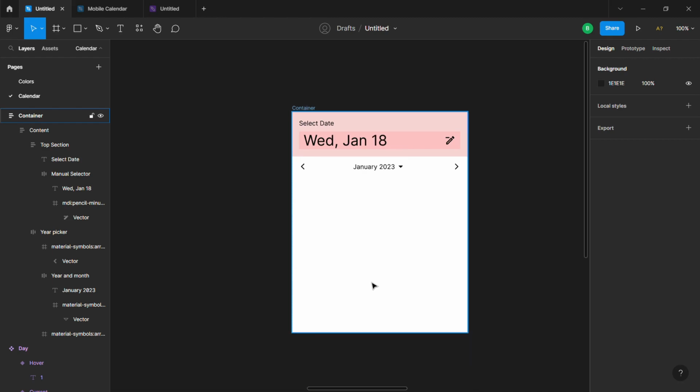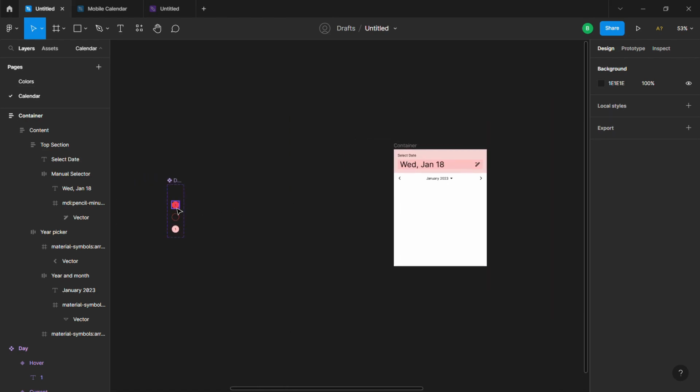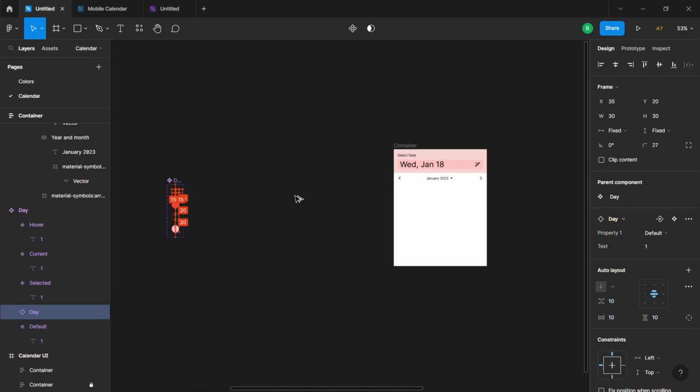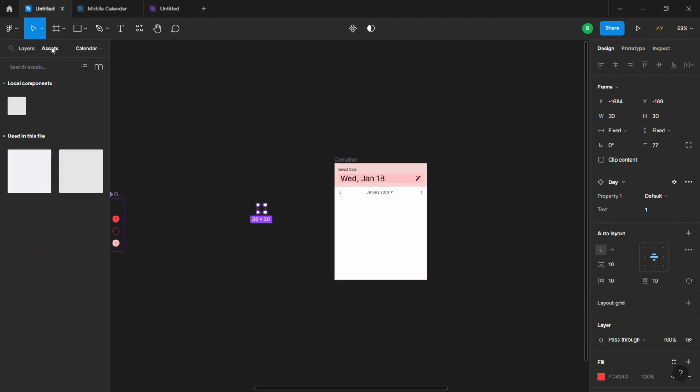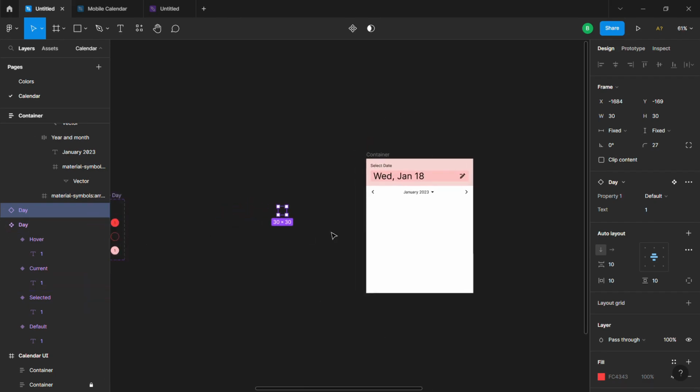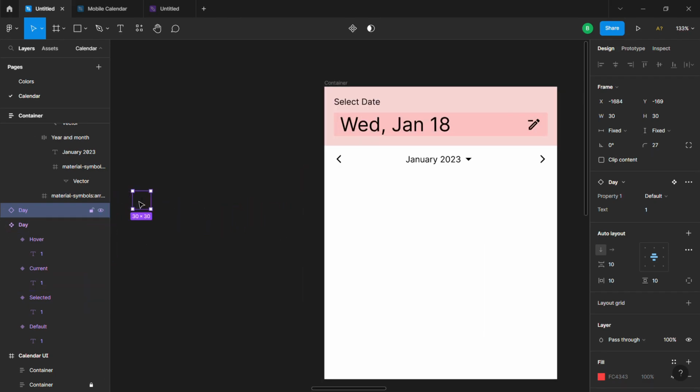Okay, next up, we are going to start adding our components into this frame right here. That's our day component. I'm just going to pick this one from here. And to get an instance, I will just hold Alt or Option, click and drag. Or I can go to the Assets panel and just drag it from here. But this is faster since I still have the component on my screen. So I'm going to drag this into my design